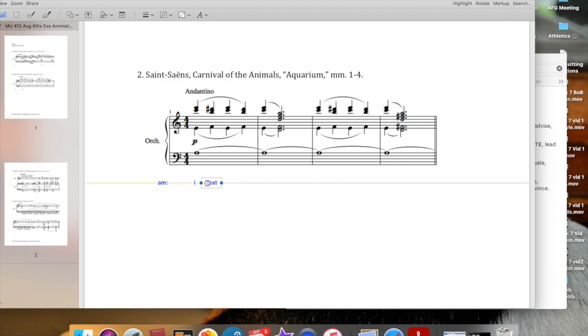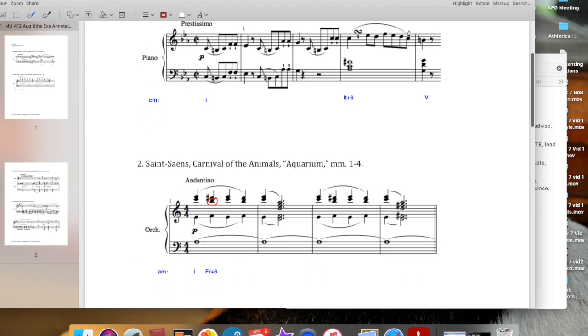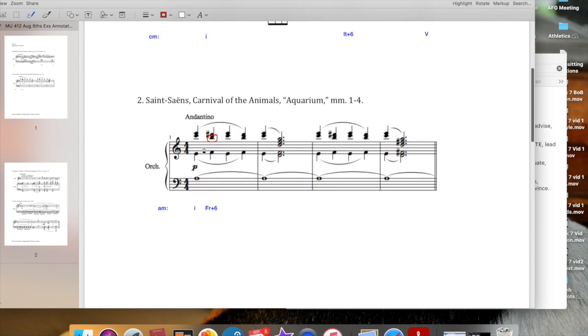Maybe you're already screaming it at the camera now, that this is a French augmented 6 chord. French because of the presence of that second scale degree here. I'll just circle it so that you can refer to that. So that is what separates that one from the Italian. If you go back and look at the first one, we only had 3 different pitches here. Now we have 4 different pitches, including scale degree 2. So it alternates between those 2 chords, right, until eventually we get